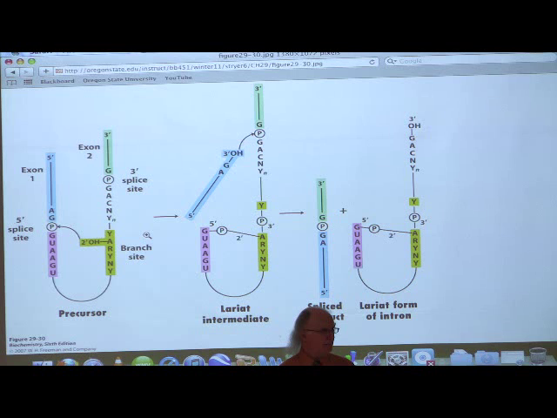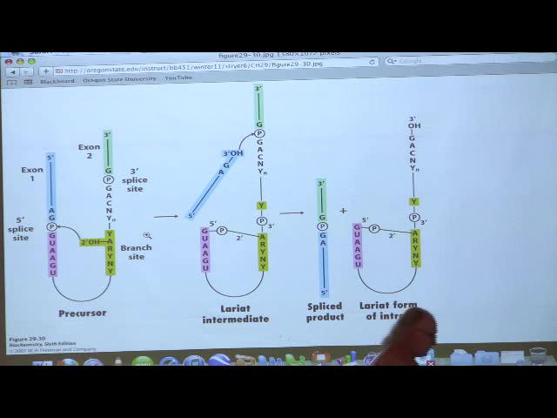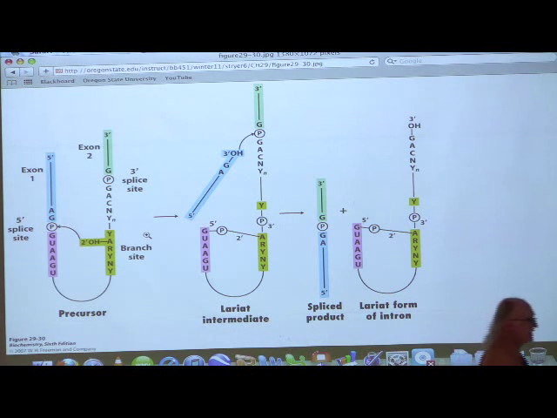Okay, other questions about that? Introns are really interesting. They're unusual. When people first discovered them, they didn't think they were even possible, because why in the world would you want to interrupt a perfectly good coding sequence with basically what appears to be, and here goes this phrase again, junk DNA? Okay? And again, we don't have all the answers to it, but it appears that introns facilitate rapid evolution of proteins.